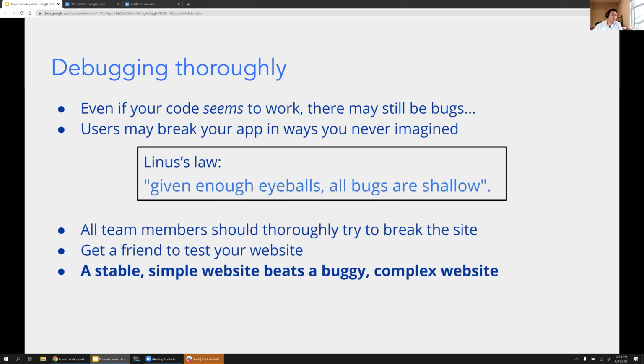And another thing for debugging is make your friends or your teammates look at your code. Even though it could work, there are a lot of bugs that could go unnoticed, and they may show up the moment that your web app is being deployed or right near the deadline. So what you want to do is make sure that everyone, or at least someone else in your team, understands